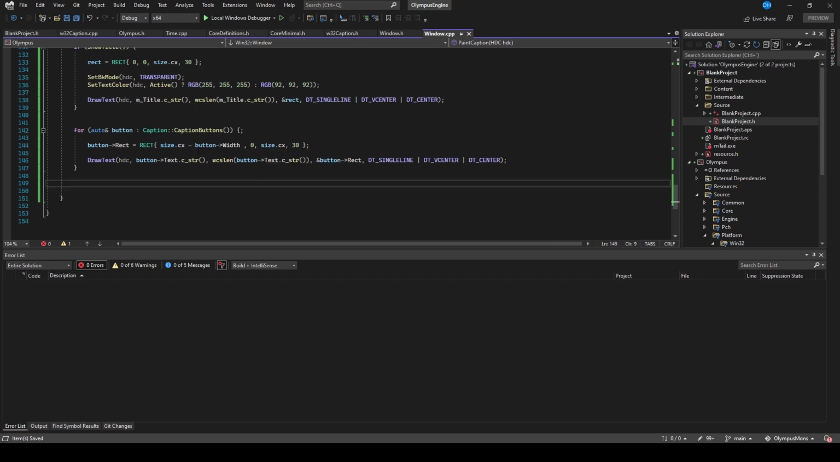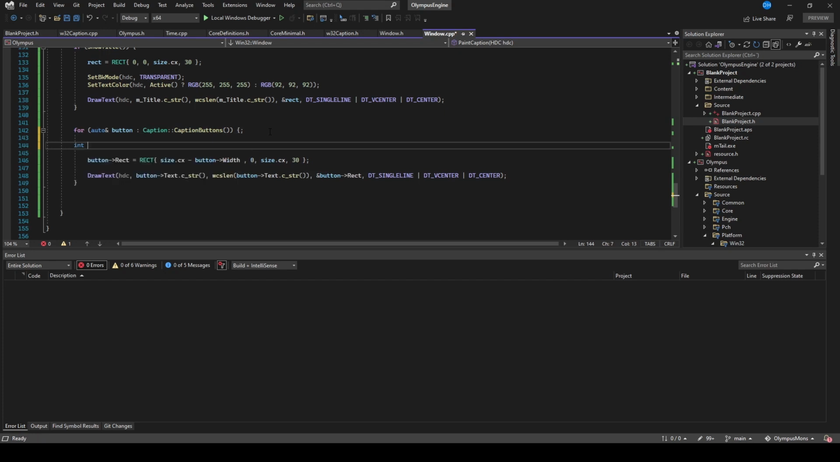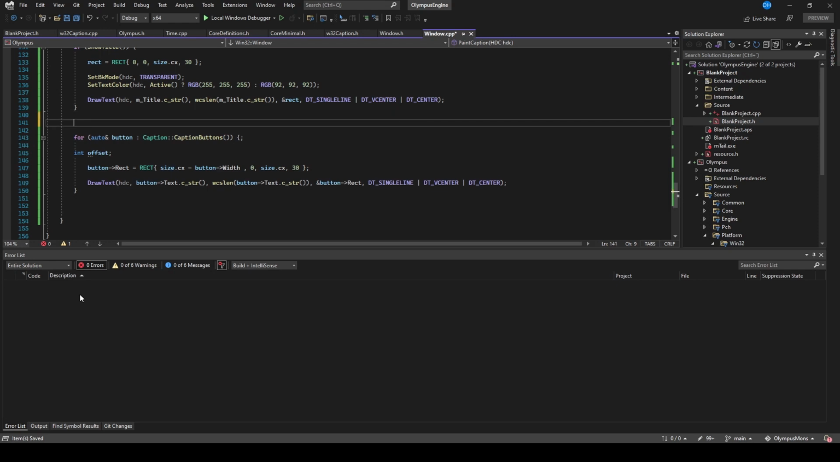So what we can do is say int offset is equal to, let's just keep that equal for now. And let's say int spacing is equal to 0. Now on the first one, we want our spacing to be equal to button width, and we want this one to be 0. So let's have a look. This one should be button width. So our offset should be